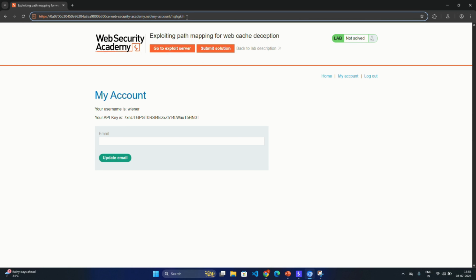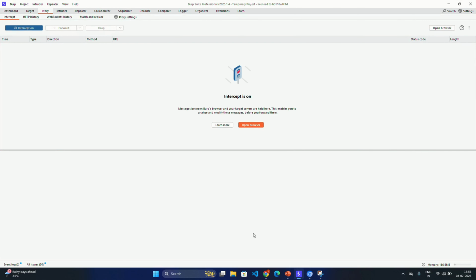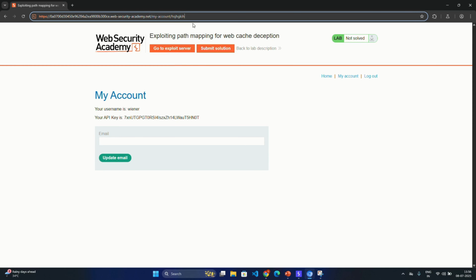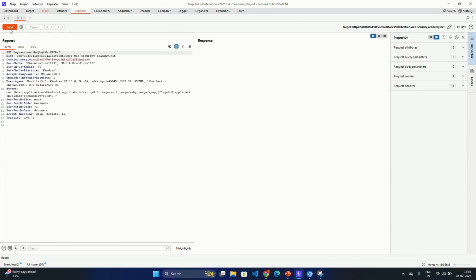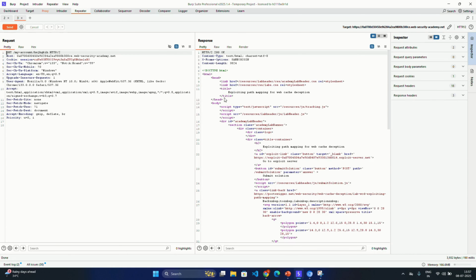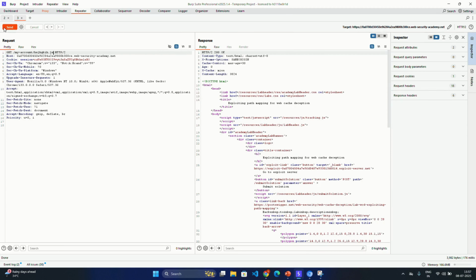So let's first go to Burp Suite, intercept this request and then repeat it further. We have the request, I'll send it to the repeater and we will click on send. The response is still not getting cached. What if I add a static extension to this endpoint? Like .js, we can add .css also. Everything works, and you can see two new headers being introduced, the Cache-Control header and the X-Cache header.